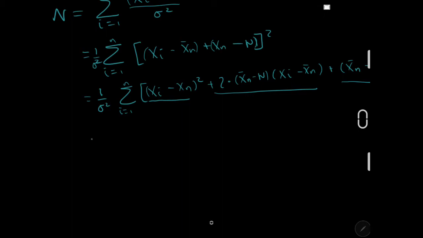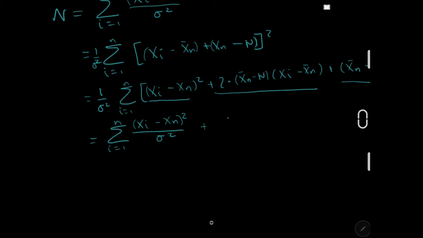So what we're going to do is separate the sum out, and divide by sigma squared for all of them, because remember, this 1 over sigma usually was at the bottom of the sum, and because it doesn't depend on i, we can bring it out, but now we're bringing it back in. So this is going to be equal to the sum from i equals 1 to n of xi minus xn bar all squared,